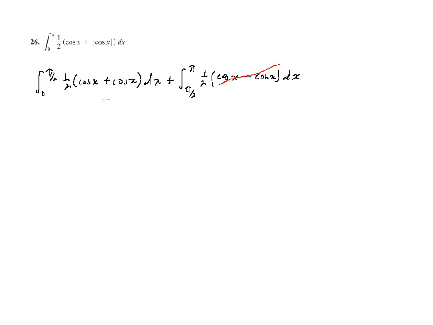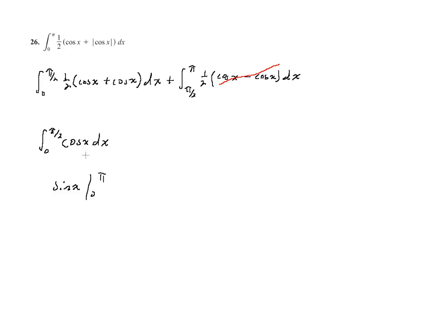So we'll just clean this part up a little bit because it becomes a little easier. So we have the definite integral from 0 to pi, and we have 1/2 times the cosine of x plus the cosine of x. Well, that's 2 cosines of x times 1/2, which is just the cosine of x dx. And now when we integrate, the function whose derivative is the cosine is the sine of x, and then we're going to evaluate from 0, I'm sorry, this is 0 to pi over 2,